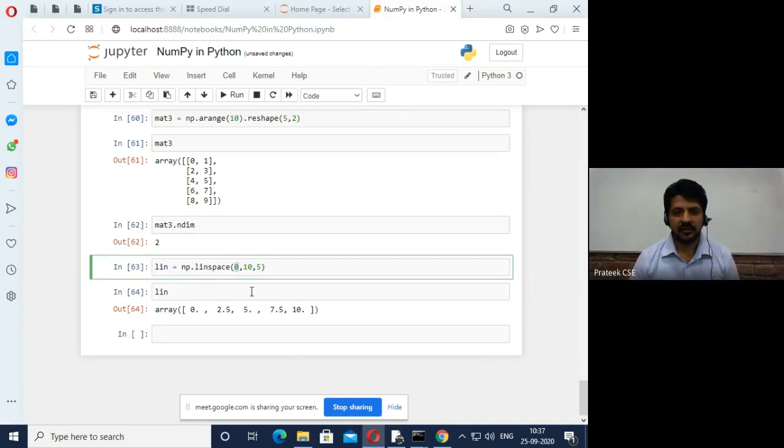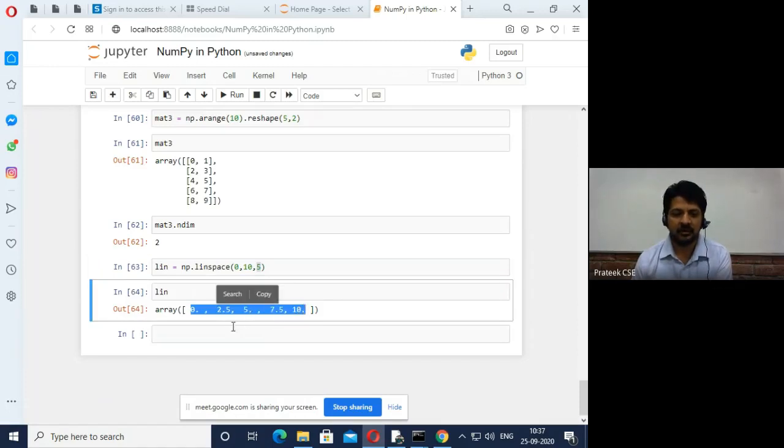The very first parameter is the starting number of that array, and this number is the last number of that particular array, and 5 means a total of 5 elements will be created in the array. The linspace function is going to return an array in such a manner that the elements are equally